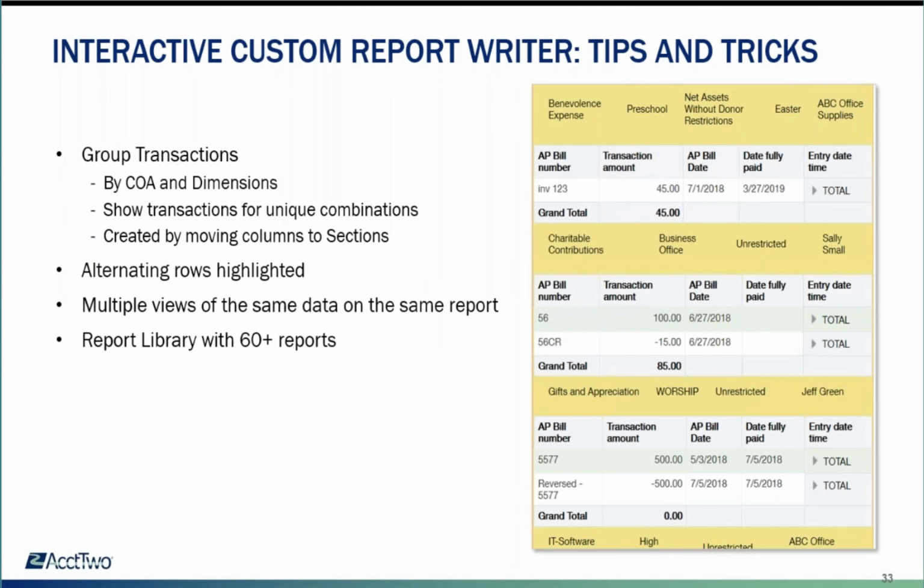You can do all kinds of formatting. So it's really simple to format rows with different colors, alternating rows. There's just 1,000 different examples of the formatting that you can do. If you can dream it, you probably can do it. As we mentioned earlier, multiple views of the same data on the same report, and Sage Intacct has kindly